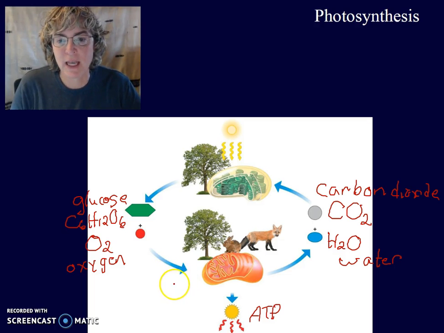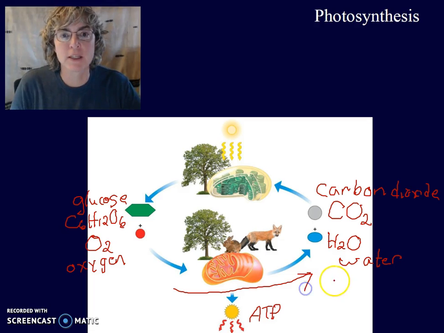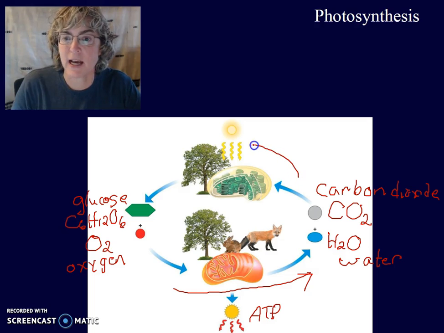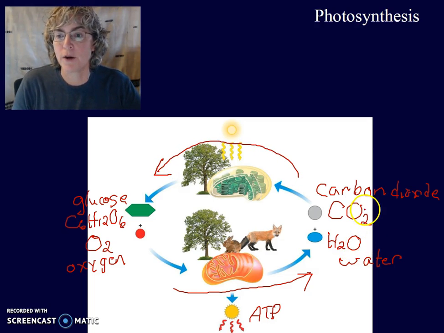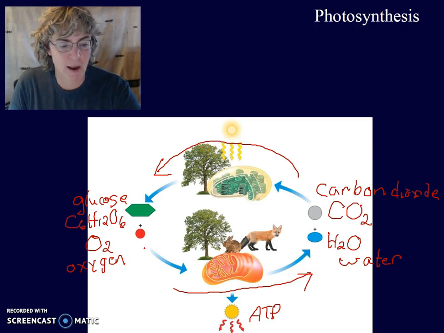So this is the chemical reaction right here for cellular respiration. Glucose plus oxygen gives you carbon dioxide, water, and ATP. And this is the chemical reaction for photosynthesis. Water, carbon dioxide, plus energy from the sun gives you glucose and oxygen. Okay, so let's look at